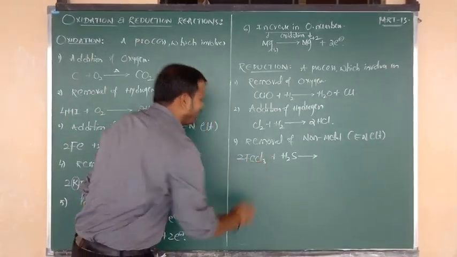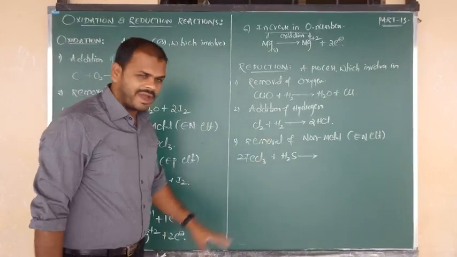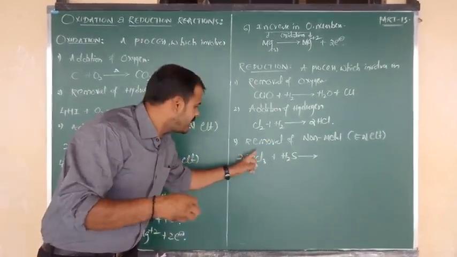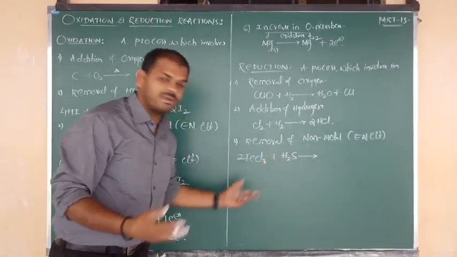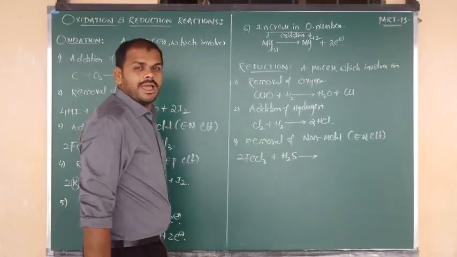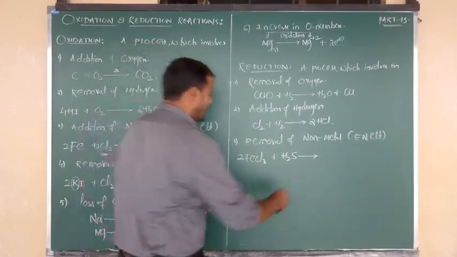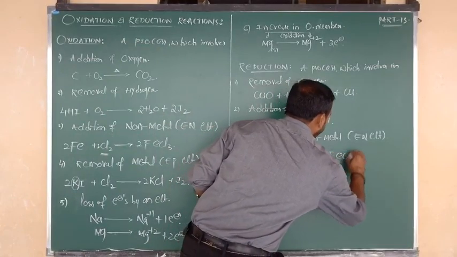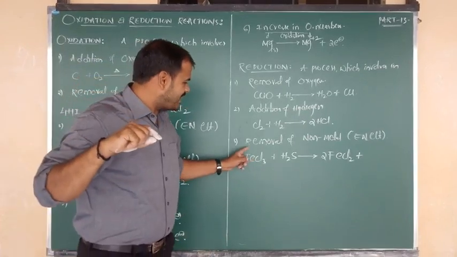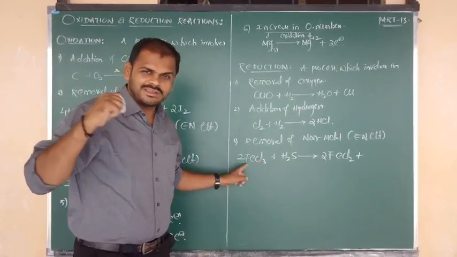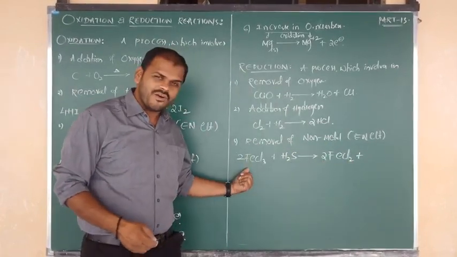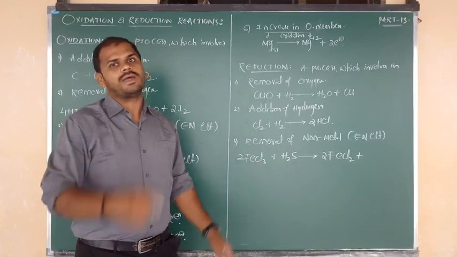So 2 moles of ferric chloride upon reaction with H2S, addition of hydrogen will take place, and removal of non-metal, I mean removal of chlorine, will take place. Two definitions at a time. Ferric chloride upon reaction with H2S reduces into ferrous chloride, that is 2 moles of FeCl2. In oxidation state, Fe contains plus 3 because 3 chlorines are there, so this is the ferric form. Now Fe contains plus 2 because 2 chlorines are there. Ferric form changes into ferrous, very useful to you.